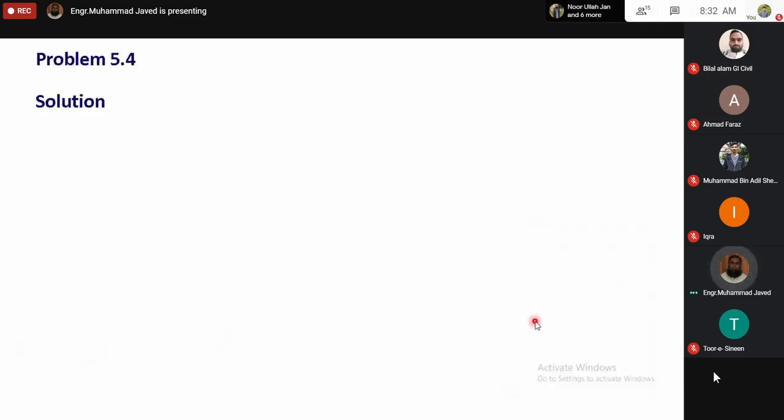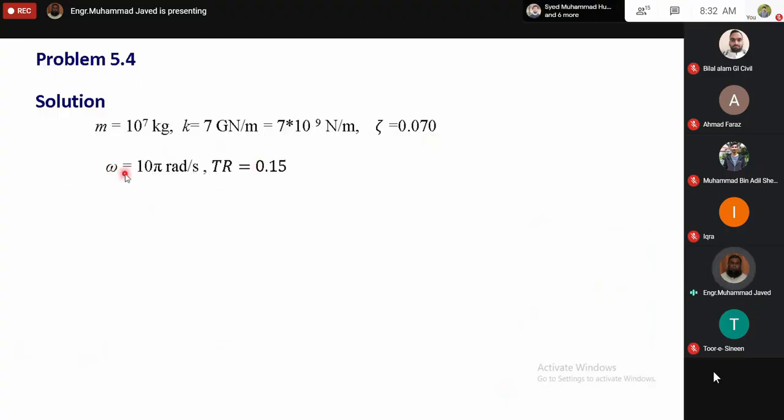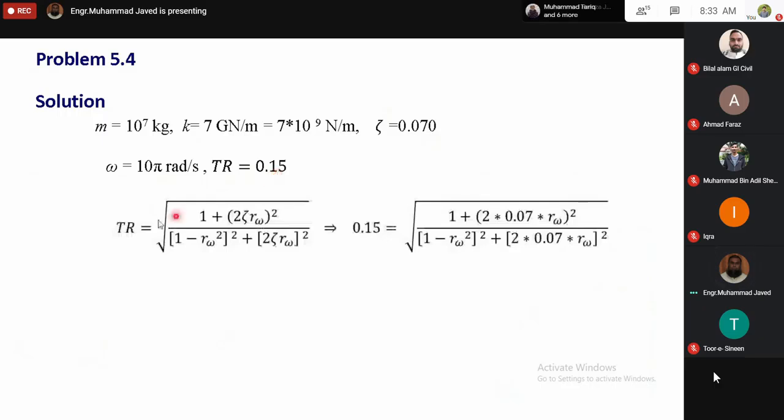अच्छा, एनी हाउ जो पीछे हमें डेटा दिया है वो हमने मैथमेटिकल फॉर्म में लिख दिया। फोर्सिंग फ्रीक्वेंसी 10 pi radian per second, transmissibility which is the ratio of amplitude of transmitted force divided by amplitude of harmonic force, तो ये 0.15 हम रखना चाह रहे हैं। जीटा हमें गिवन है, नंबर ऑफ लेयर्स को कैलकुलेट करने के लिए हमें r ओमेगा कैलकुलेट करना होगा।